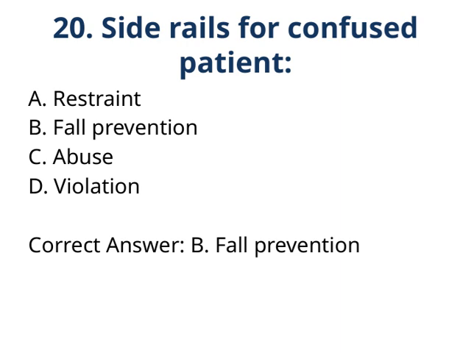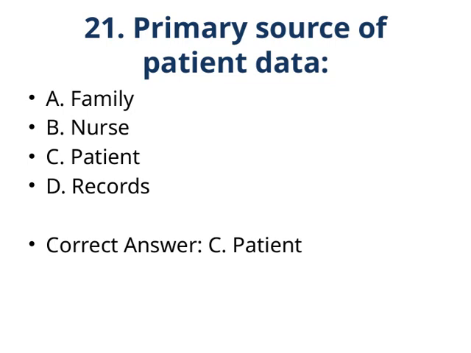patient's safety and rights. When it comes to primary sources of patient data, the most important one is, without a doubt, the patient themselves. They are the main source because they directly provide the information about their symptoms, history, and experiences. While family members, nurses, and records are also valuable, the patient's own account is crucial because it offers the first-hand perspective. This helps us understand their condition from their point of view, which is essential for accurate diagnosis and effective care. Remember, the patient's information forms the foundation for all subsequent assessments and decisions, making them the primary source